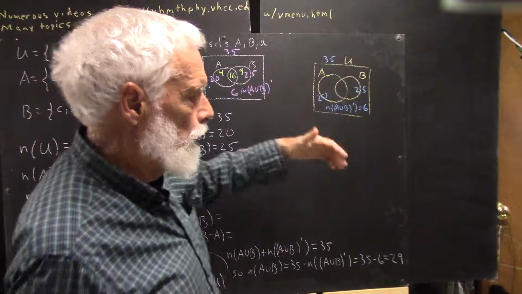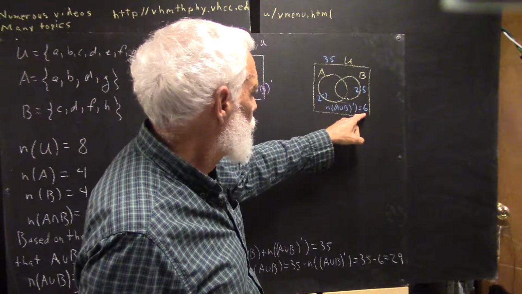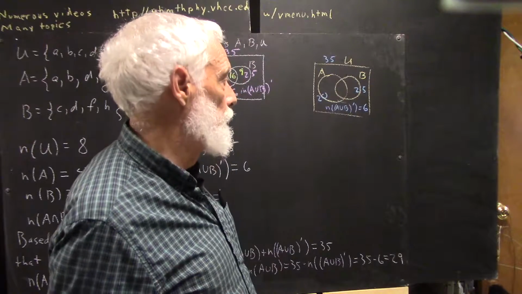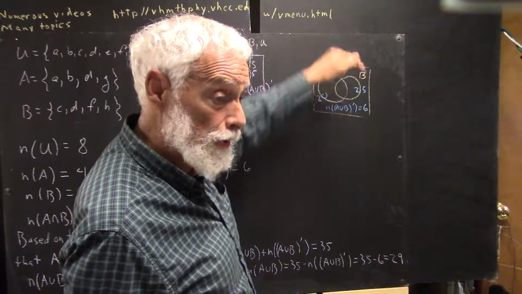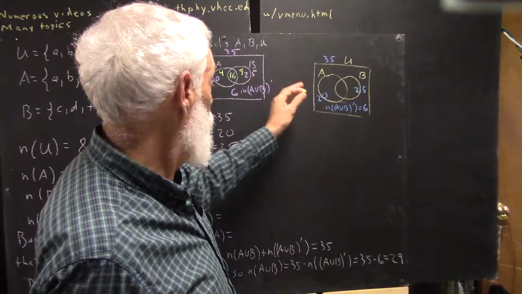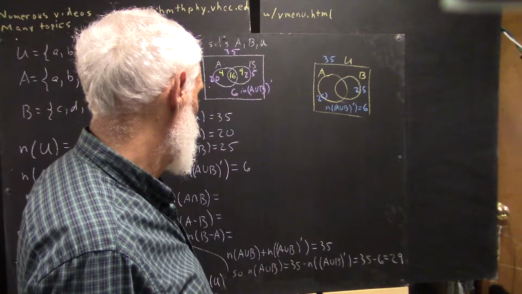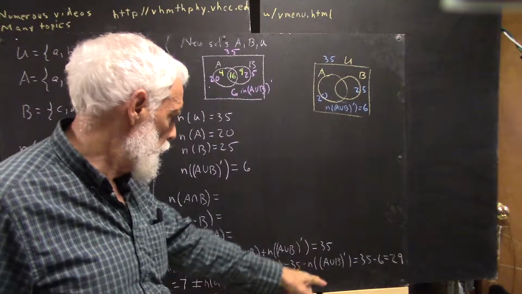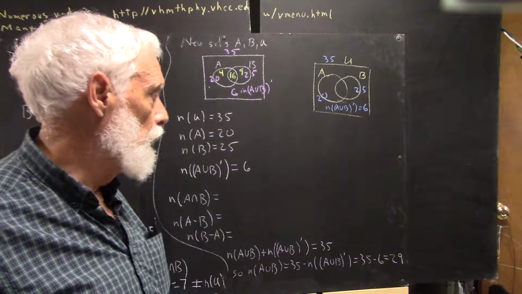Okay, now what does that lead us to? How do we account for all the members of the set? Well, if there are 6 members outside of A union B, that is 6 members in the complement of A union B, and 35 members in the set U, that leaves 29 members for the set A union B. So I've written that out down here, but this is kind of symbolic, might be a little harder to understand than